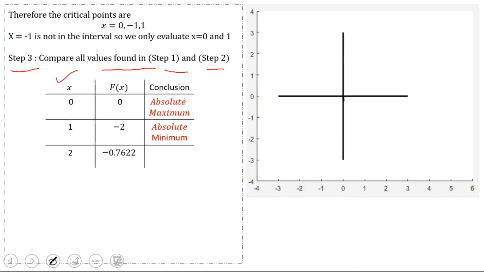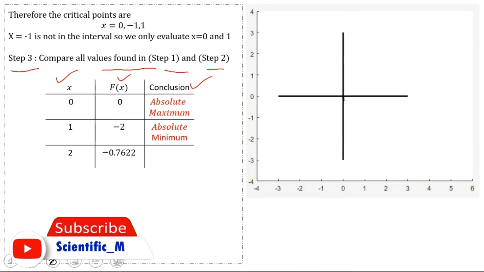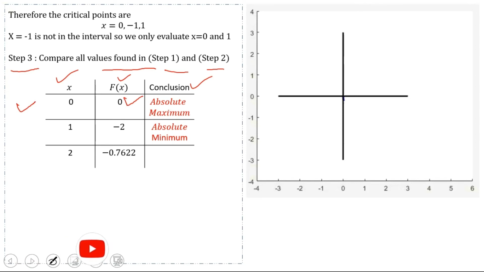Okay, and this is the column for values of x, and this is the column for values of the function at x, and this is the conclusion. Okay, so at x is equal to 0, the value of the function is 0, and at x is equal to 1, this is our critical point, the value of the function is minus 2, and at x is equal to 2, the value of the function is approximately minus 0.7622. So we can see that at x is equal to 0 we have the absolute maximum,